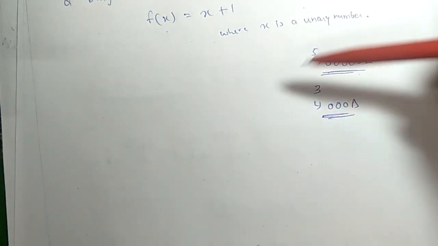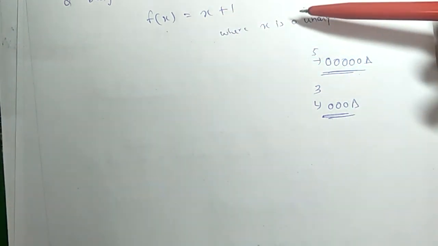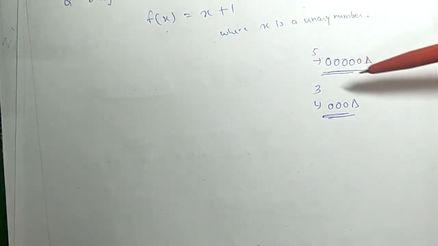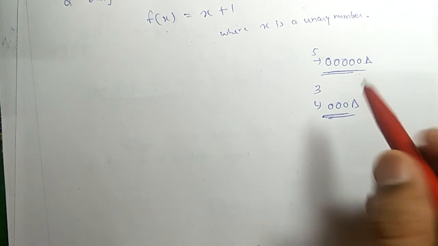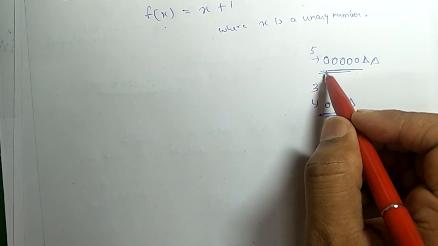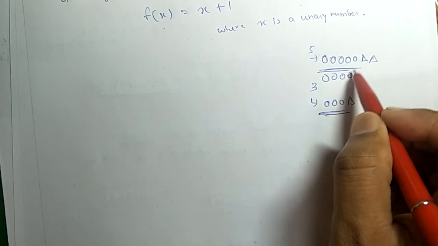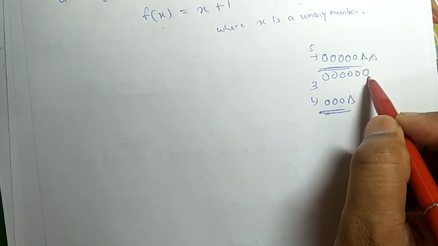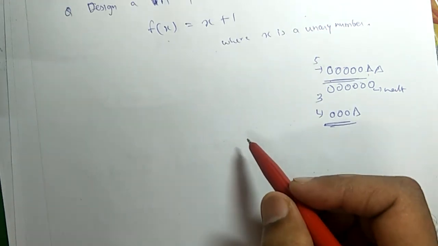And what you need to do: x will be the input, and in output you have to get the incremented number, that is incremented by 1. Suppose you give 5 zeros, so at the end you need 6 zeros. There are blanks on the right. You will leave 0 as 0, 0 as 0, 0 as 0, 0 as 0 and 0 as 0, and when you get the blank, convert it to 0 and halt. Initially you have 5 zeros, now you have 6 zeros.